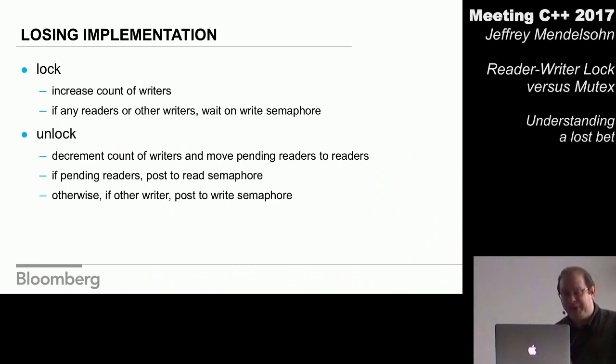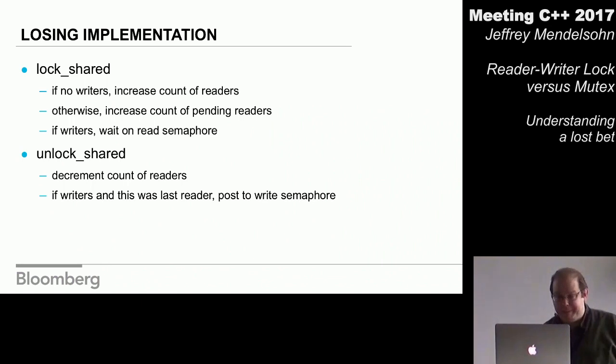On the unlock side, the thread that's releasing the write lock will decrement the count of writers, and since there are no active writers, we'll take the count of the number of pending readers. Excuse me, let me try that again. Since I have the write lock, there are no active readers. There are potentially pending readers, so I'm going to move those pending readers over to active readers in the atomic state first. And here, it truly is a first and a then. And then I will post to that semaphore blocking those readers, that count, to let them through. And there's no possibility of a mistake or a race condition here. If there are no pending readers, I'm instead going to hand off to a writer if there is one, which comes back to your question from earlier. Is that reasonably clear? Good.